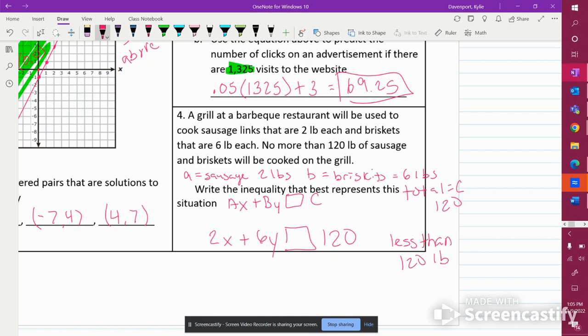Now, that means that 100 is a good number of total that we will potentially need. So if it's less than 120 pounds, we are going less than. Now, if it says no more than 120 pounds, that also means, yes, we can have 120 pounds, so it is also going to be